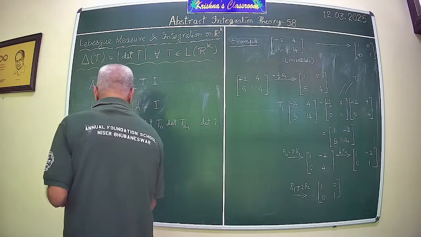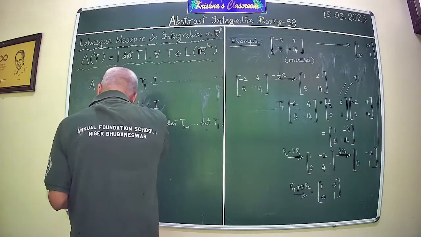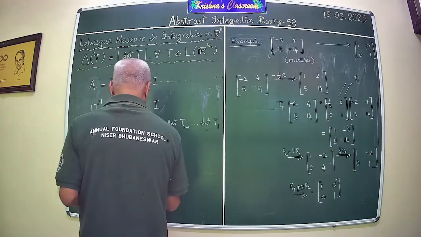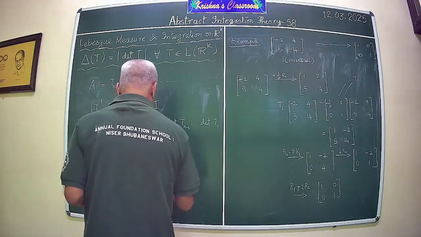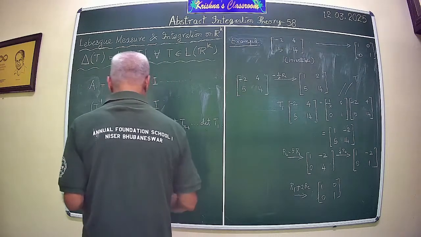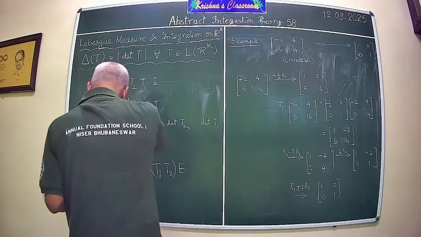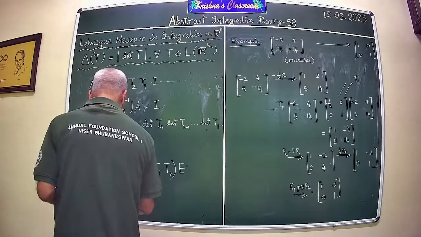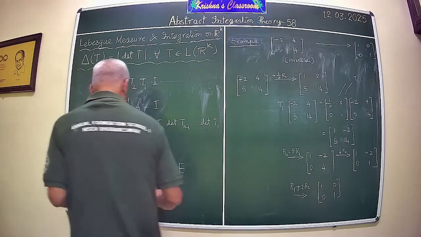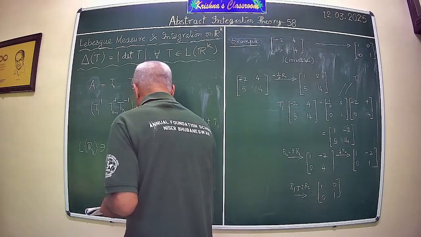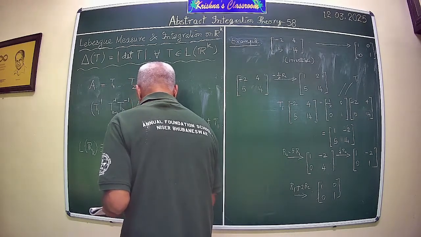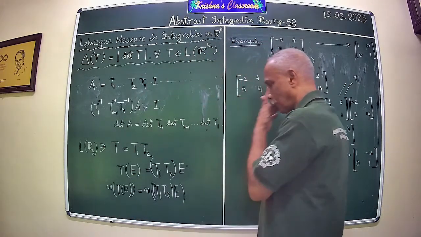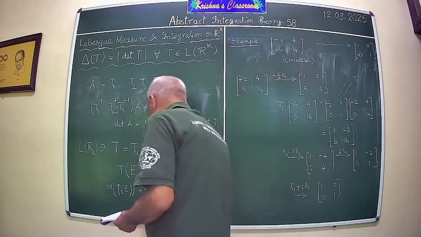You get T of, say, E equal to T1, T2. Therefore, what do you get? Measure of T equal to measure of T. And what is that? That's equal to